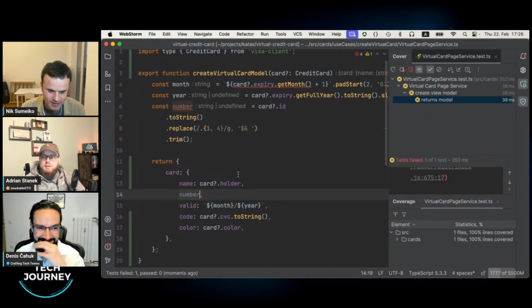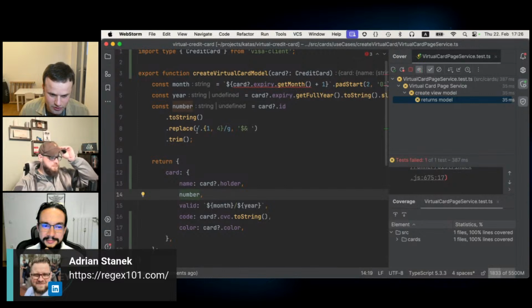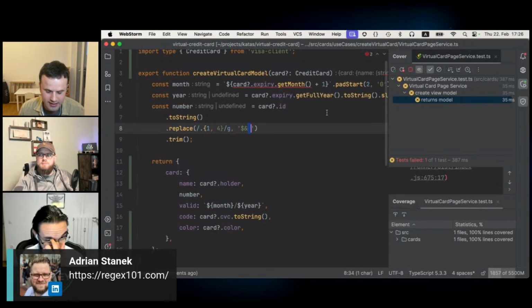Just quickly to explain what happens here is that I'm taking this ID of the card, turning it into a string, and I try to replace every 4 digits of that with the same digits plus a space. And at the end, I obviously will have a space, so I trim that space.